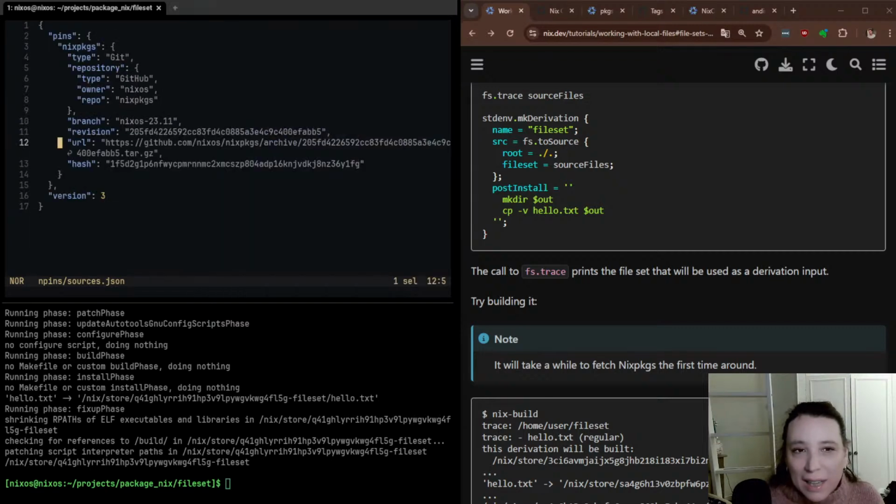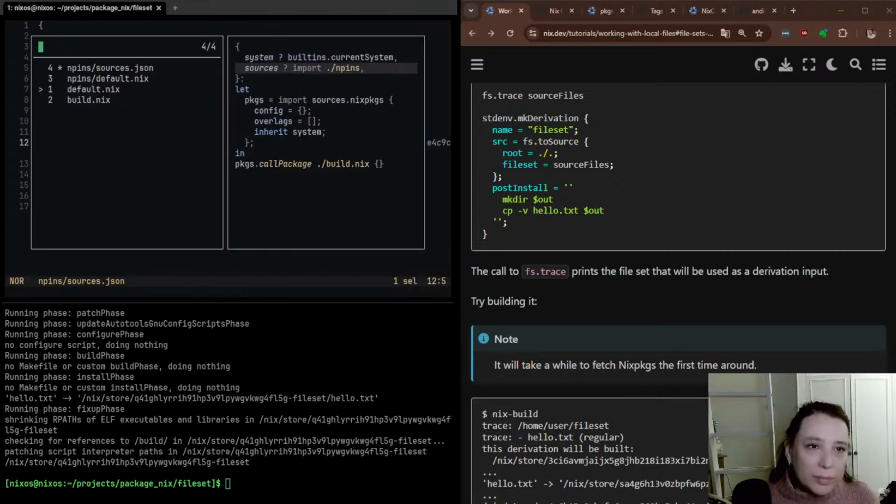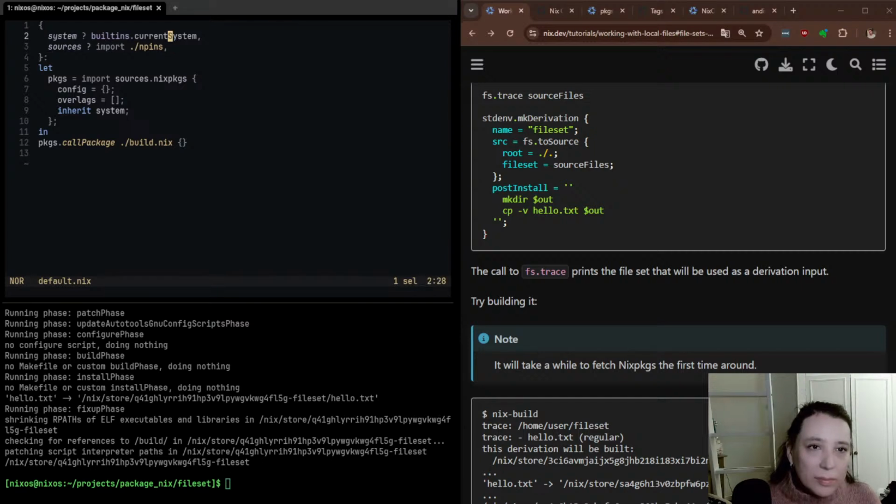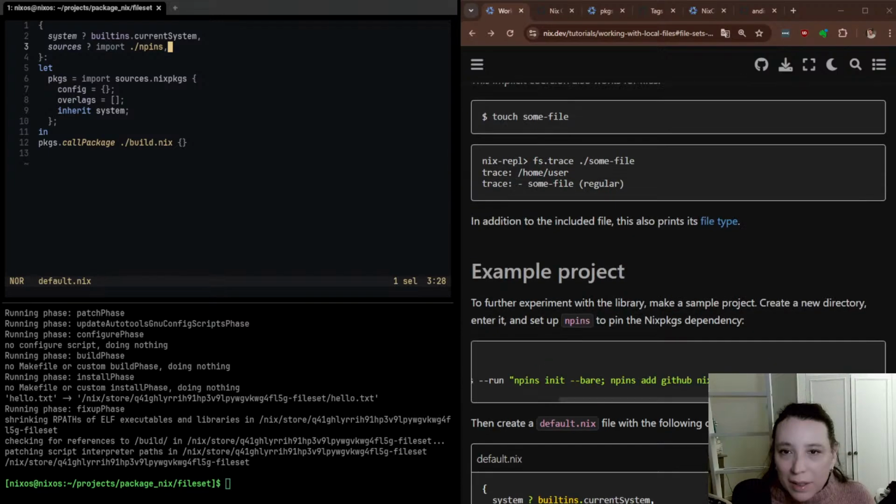That's kind of neat. I don't think we needed to do this, right? Anyway, so it's just getting us source. It's just getting us the sources that we described for npins early on, which was like,